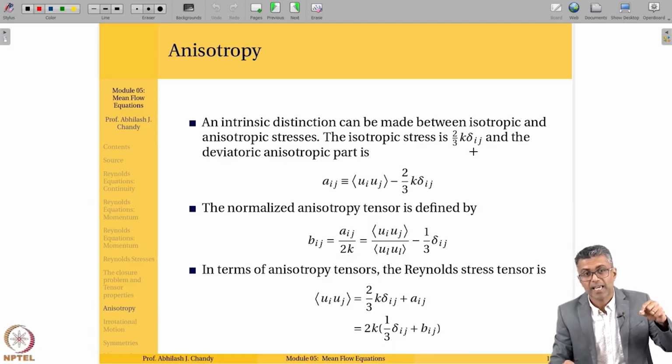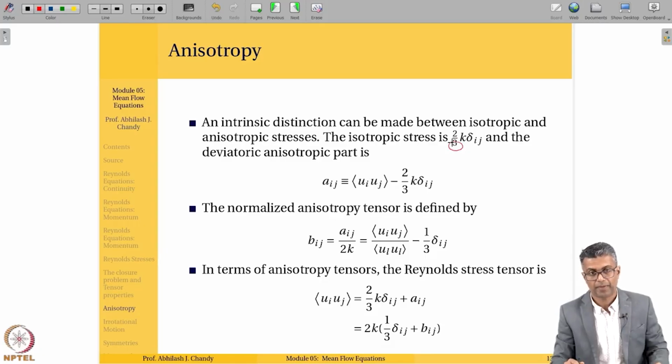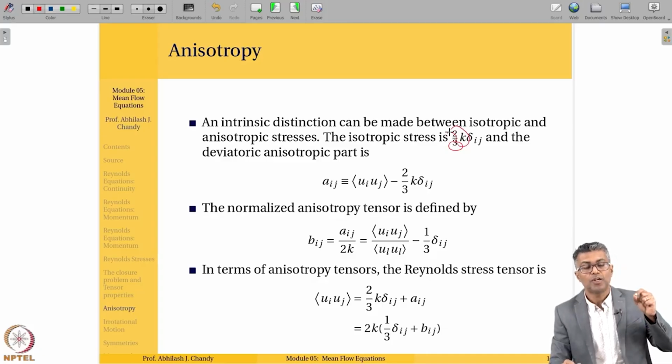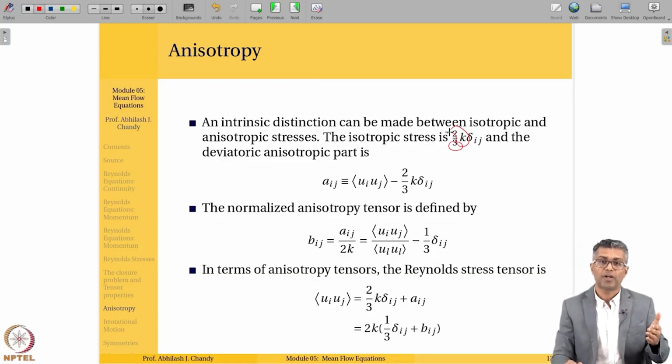You are writing it as the average of all the 3 diagonal components. That is why the 1/3 comes into play. And then you are writing it as 2 times K because you want to express it in terms of the kinetic energy. Otherwise, it would just be in terms of the